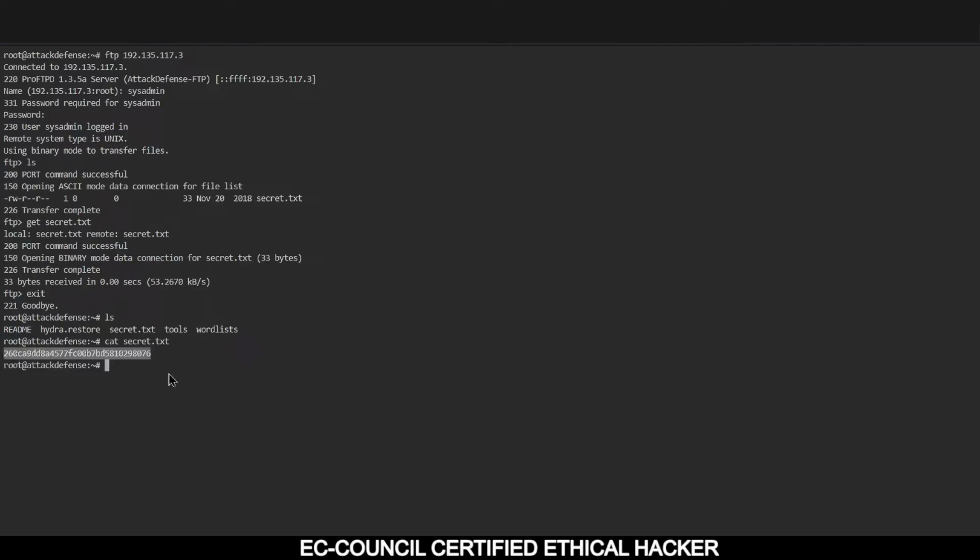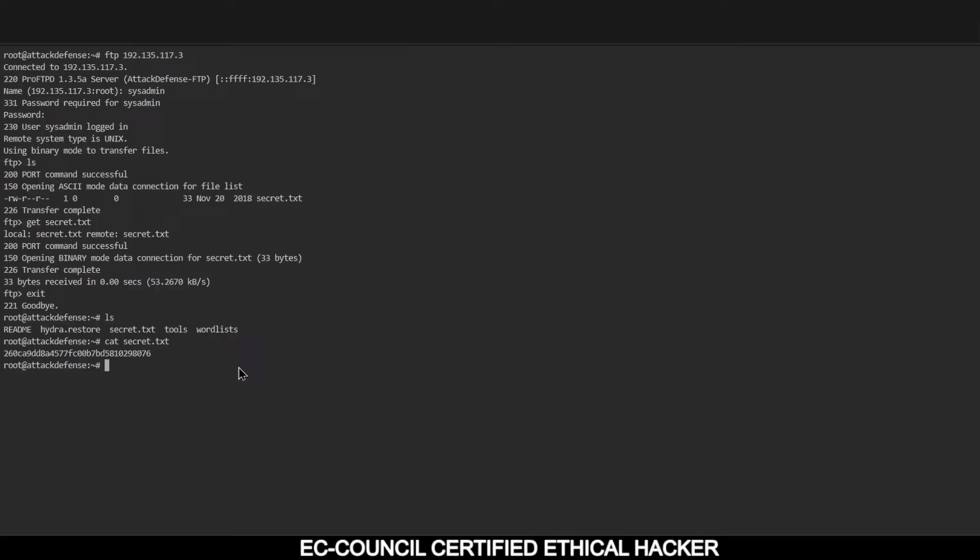The same way you will be getting the scenario, and you just have to copy the secret and paste it into the answer block, the same way that you used to do in TryHackMe or the Hack The Box scenarios. So that's all about the FTP enumeration, and let me summarize what we learned,